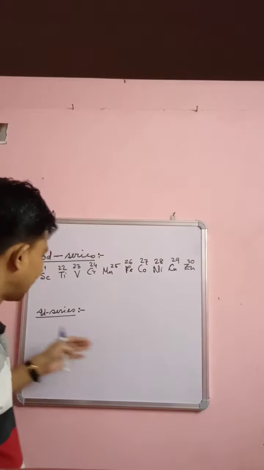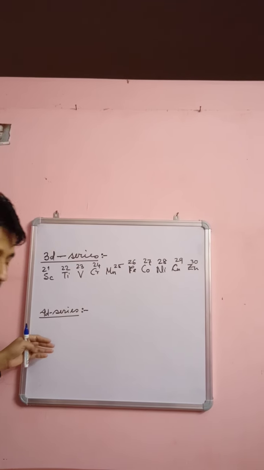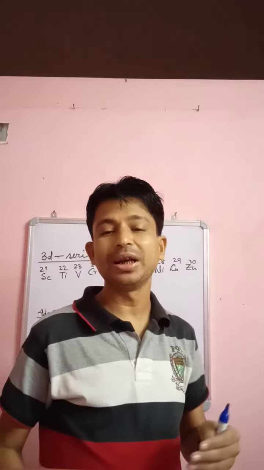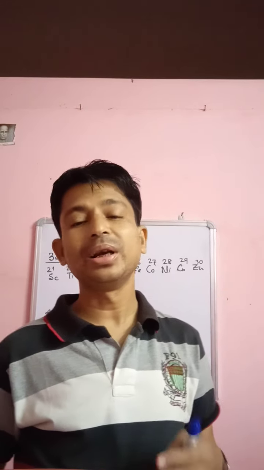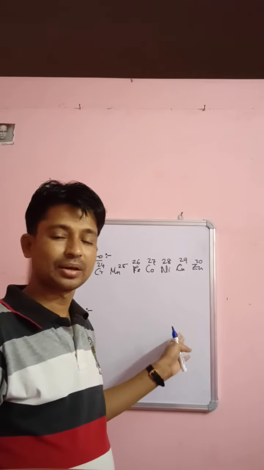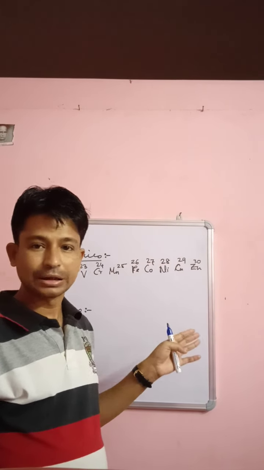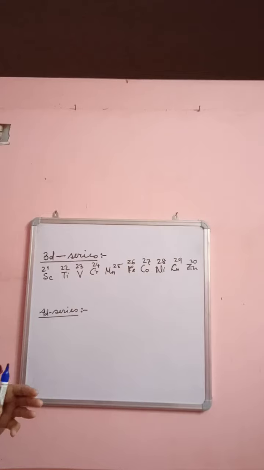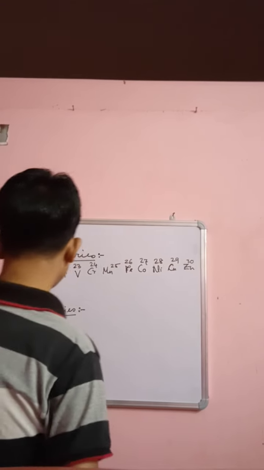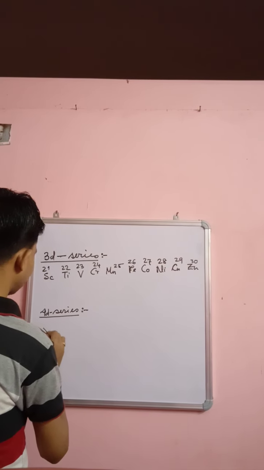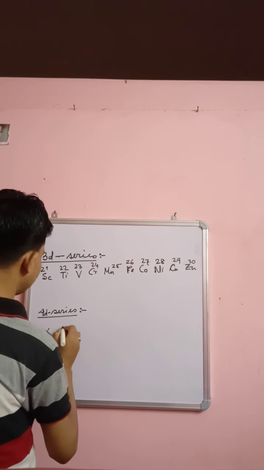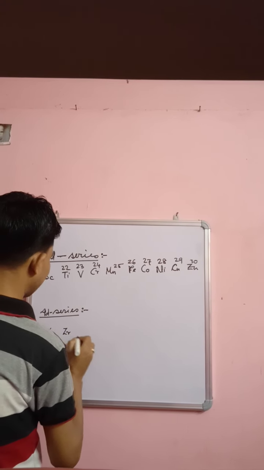Then coming to the next period, we will have 2 elements of S block. So 30 plus 6 is 36, plus 2 is 38, which means the 4D series will start from 39. The first element is yttrium, the second one is zirconium,